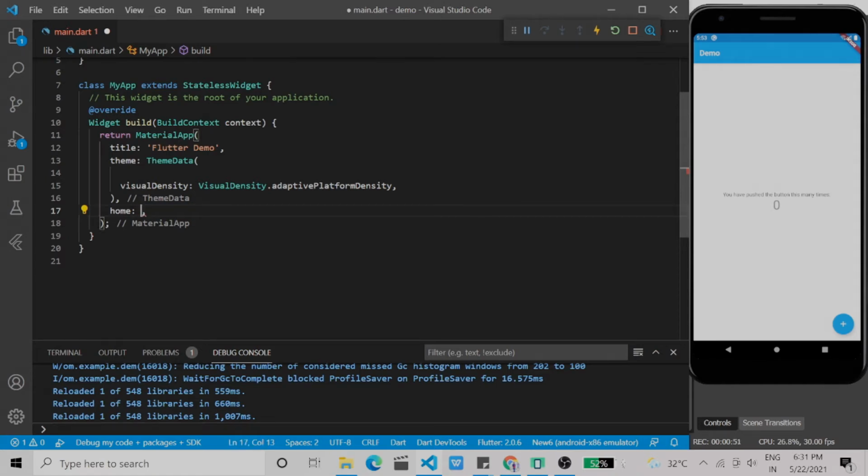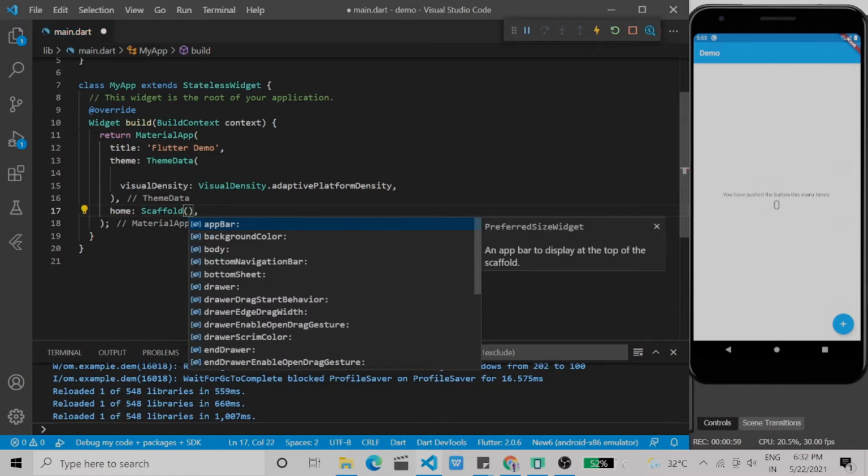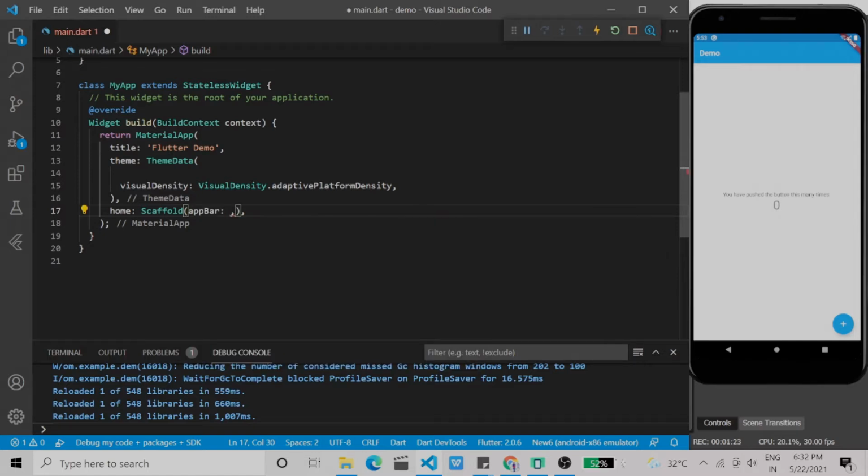So we'll be starting with the Scaffold widget. Scaffold is a widget provided by Flutter in order to occupy the whole UI of any mobile application. Scaffold offers an app bar where you can give any name to your app, like you can see on the emulator demo. We can give any name to the UI so that the user can understand the purpose of the screen. Now I'm going to create an app bar.